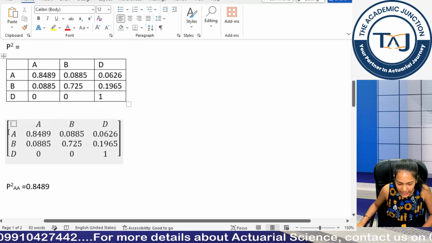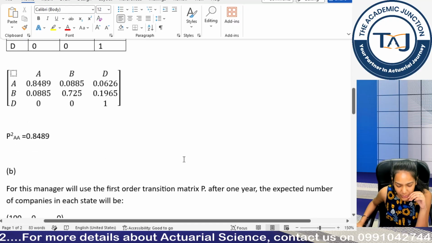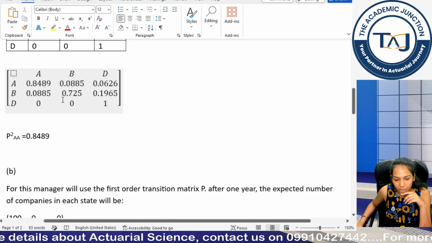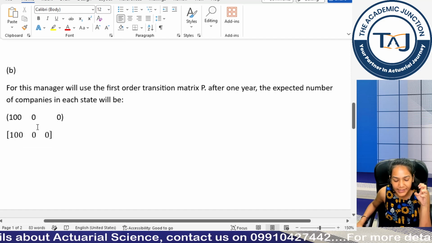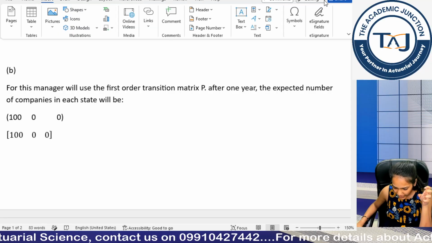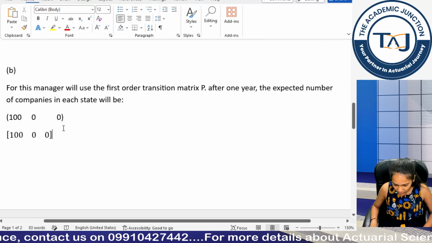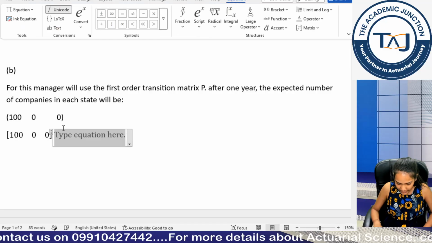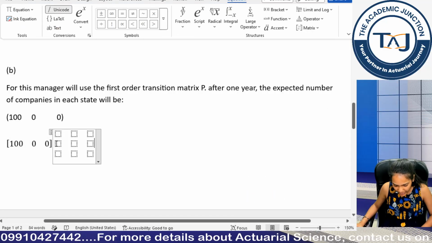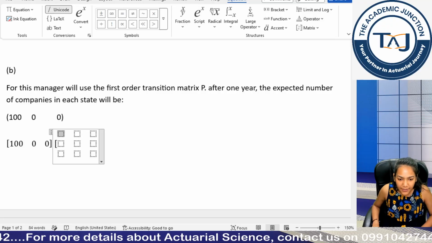So what you can do is, guys, if you have written this whole matrix, you can just copy paste it. Now in the first part you have already shown what your first row, first column depicts. That's why you do not need to show A, B, D headings in your matrix now. So I can again type an equation, alt equal to, I am just moving forward, I write alt equal to, I go to matrix, I insert a 3 by 3 matrix, I start with my square brackets, using the forward functions.